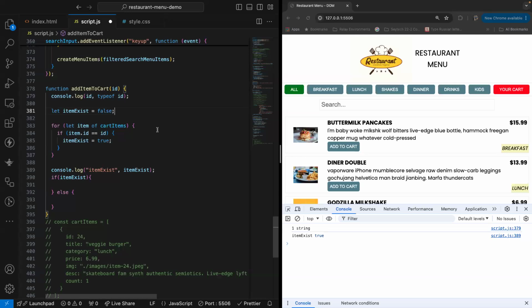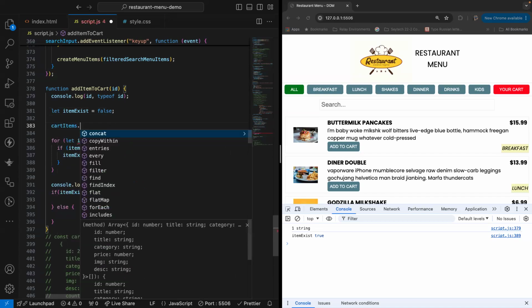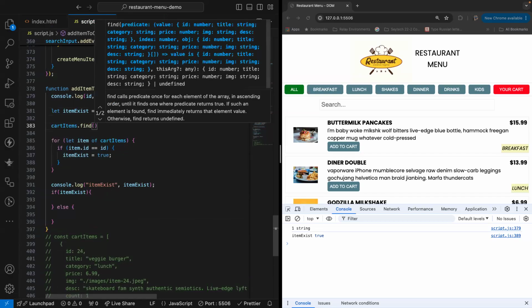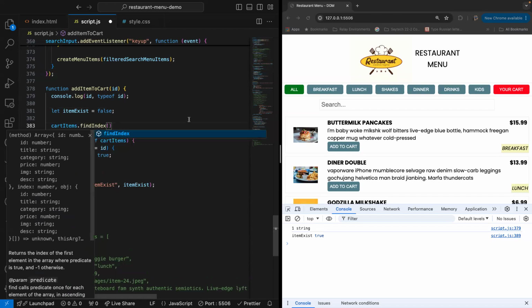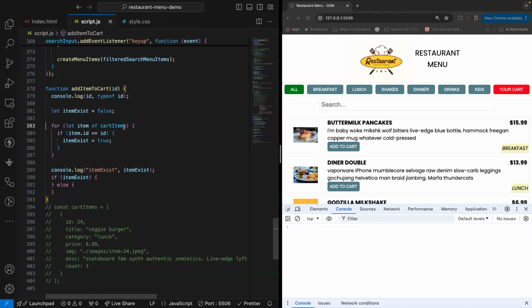No. cart items that find. We have find and we also have find index. Yeah, forget about it. So it's going to be a little bit trickier. So if you guys knew that, then we can go by that. But since we don't know it, in that case, we have to